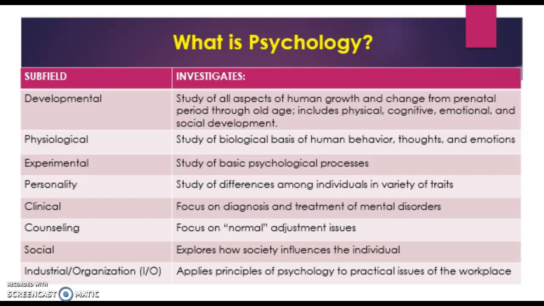My field is not on here, I didn't include it, is school psychology. My doctorate is in school psychology, and there you're absolutely spending the majority of your time focusing on how to help children be successful in schools. And so you're worrying about their academic achievement, but you're also looking at their behavior, their social emotional development. So it encompasses several different areas, but typically school psychologists will either work in a school setting or maybe a private practice, but their focus is probably going to be on kids' learning and adjustment in the school environment.